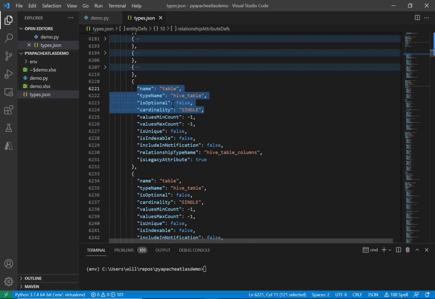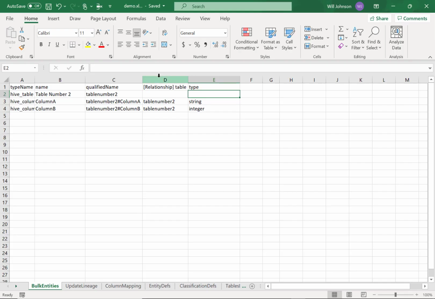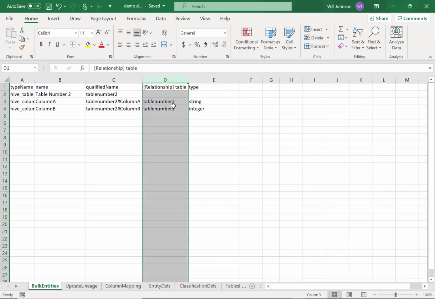Is it a required one or is it optional? And then is it allowing for multiple or single pointers to this specific type? So again, I have a relationship attribute called table. And for this case, since I have defined this in the exact same spreadsheet, I am going to be able to just reference the qualified name. Again, since qualified name is supposed to be unique, I can just reference the qualified name here, and this will